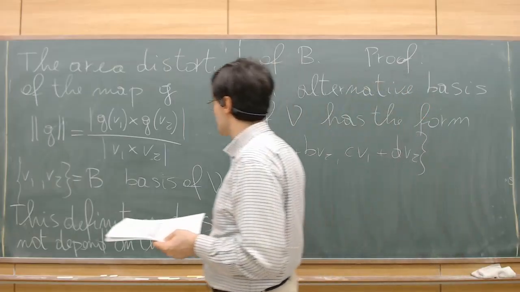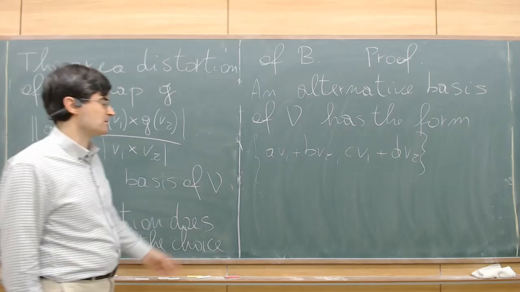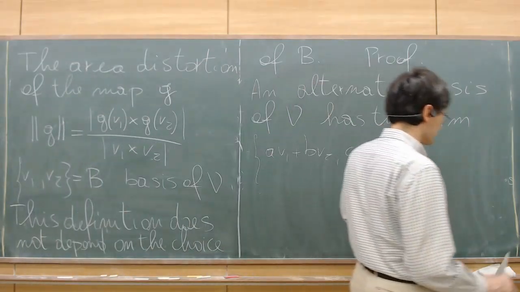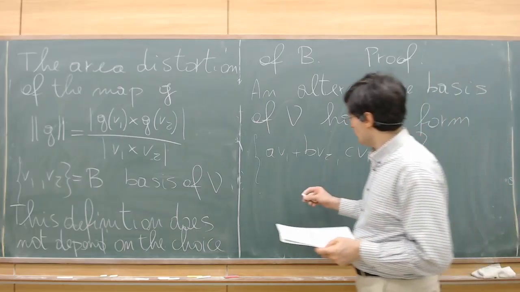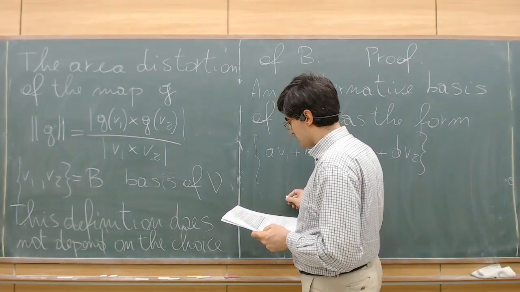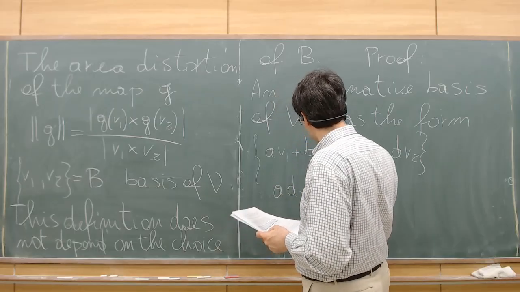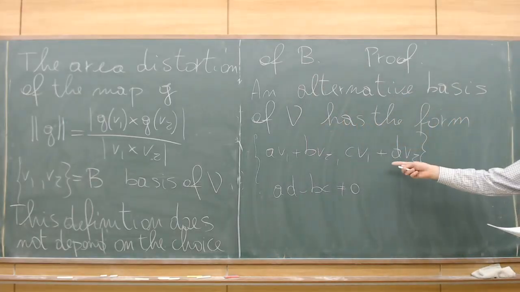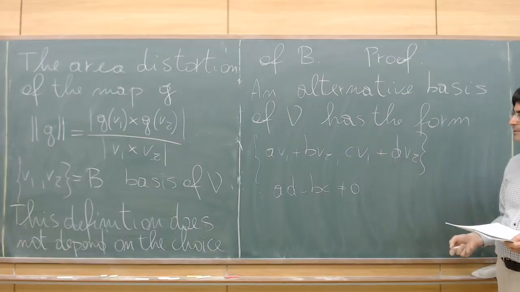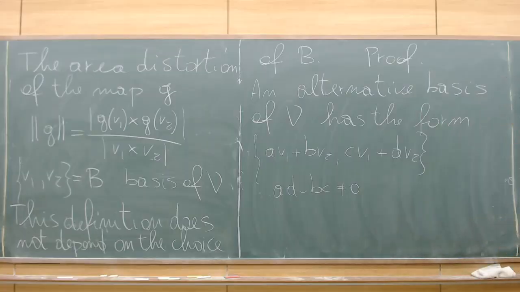Why? Because this is a basis of nu, and any pair of vectors can be written as a linear combination of V1 and V2. And we need the hypothesis that AD minus BC is non-zero, because we need this to be a basis, and in particular we need these two vectors to be linearly independent